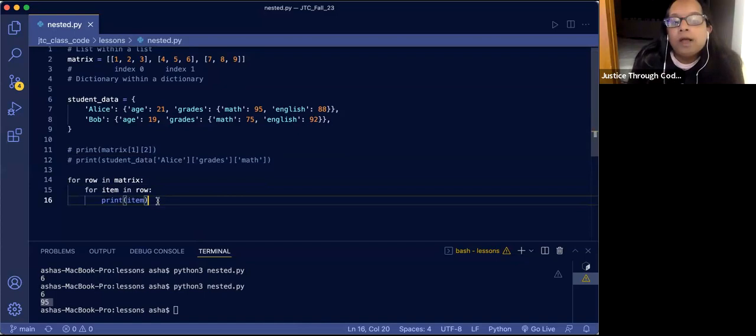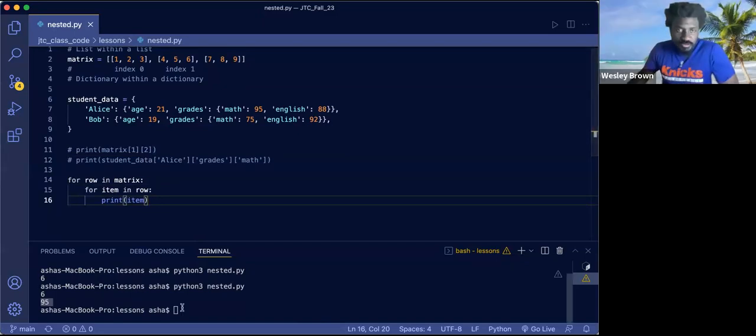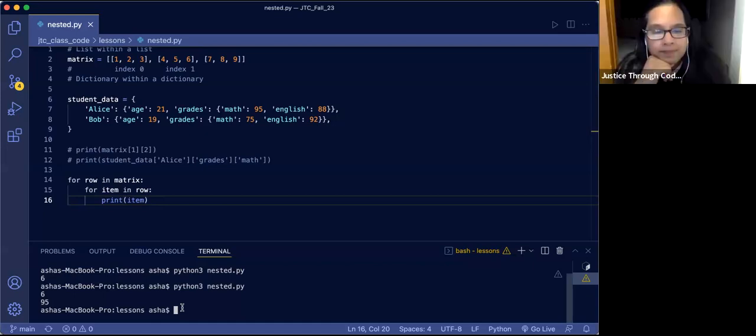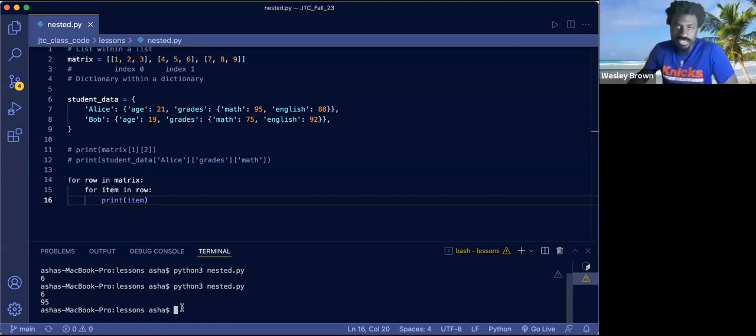Okay, so Wesley. For each row, so line 14, for each row in the matrix, for each item in each row,